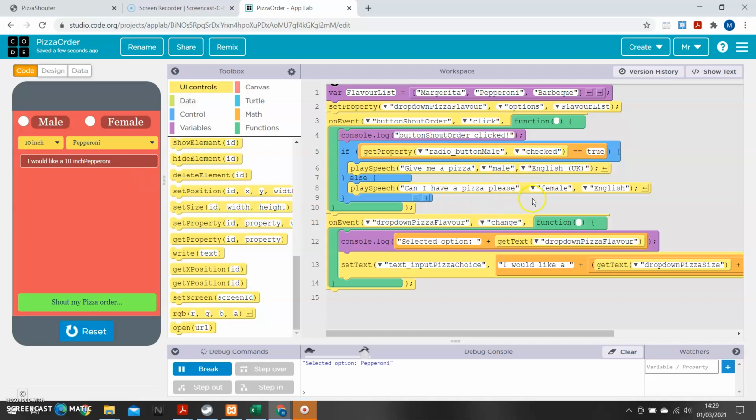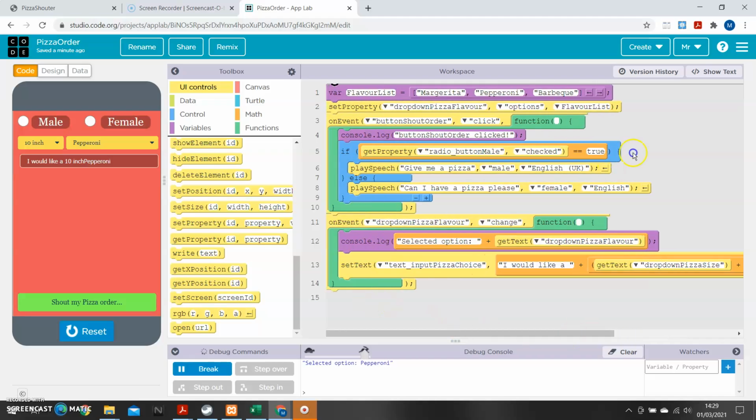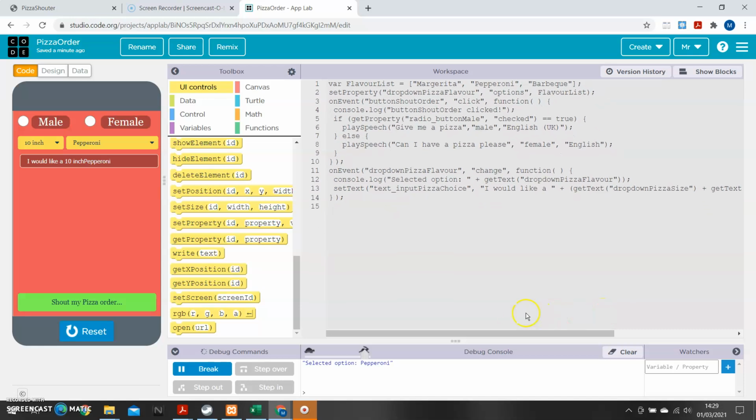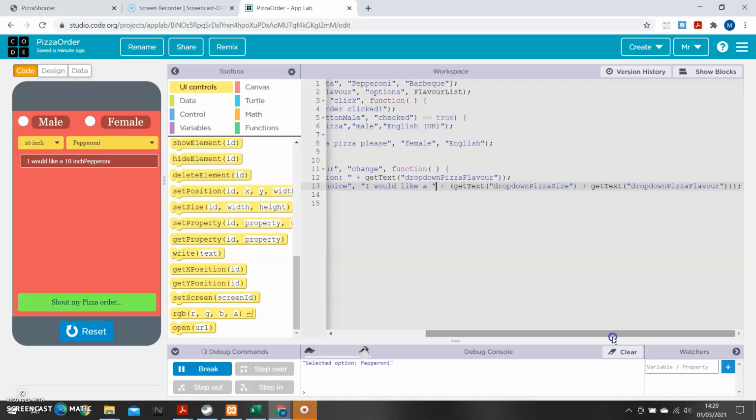I'm going to come here to I would like a, and then we've got our comments. So I'm going to go into text mode. It's much easier to edit things and just add extra bits in than dropping blocks in here. Between pizza size and pizza flavor, I want to come in here and just say plus, and then quotes, space, quotes. So that'll leave a gap. And then on the end,